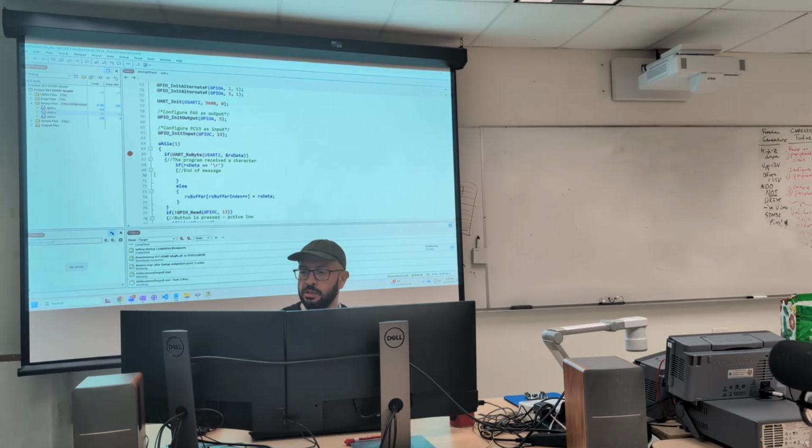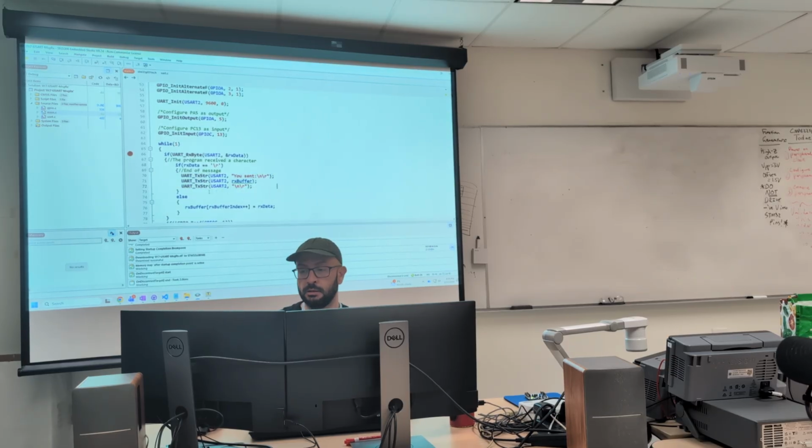Okay? So what I'm going to do about it is just this. And for this, I'm going to use my cheat sheet to make this faster. I'm just going to transmit back and say you sent, and then transmit back the same RX buffer, and then add another line to it at the end. Why would this work? Because your TX string prints until it's 0, right?